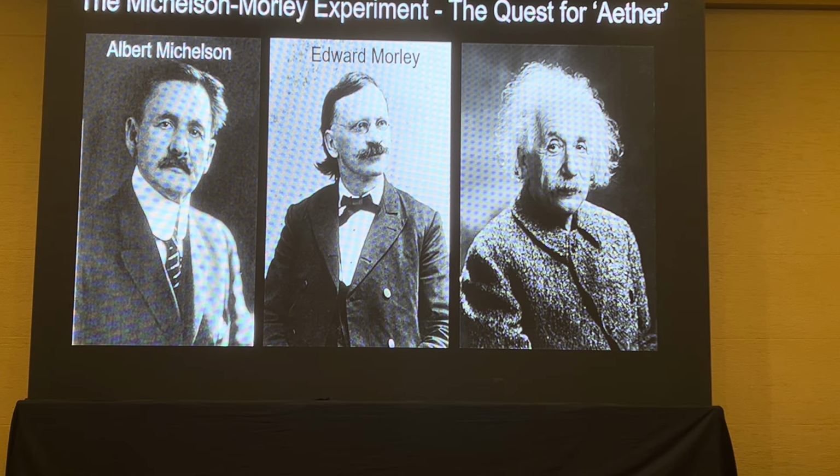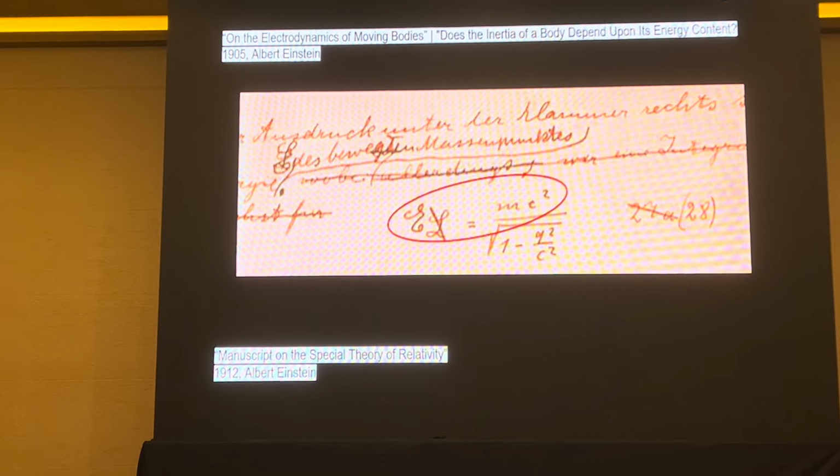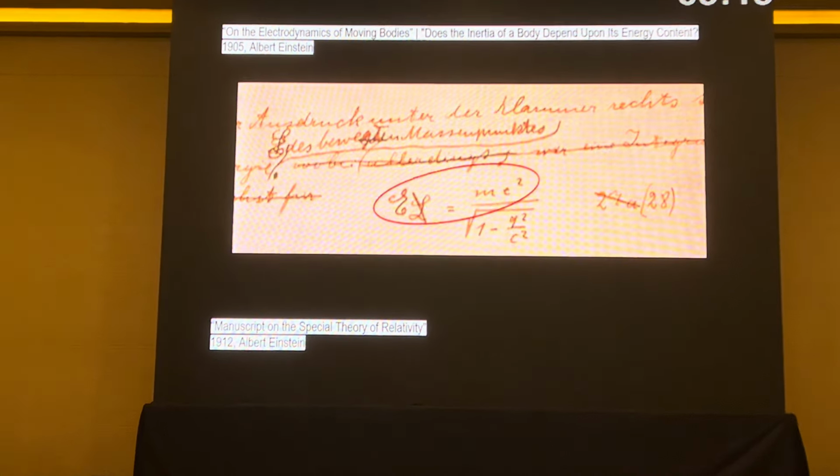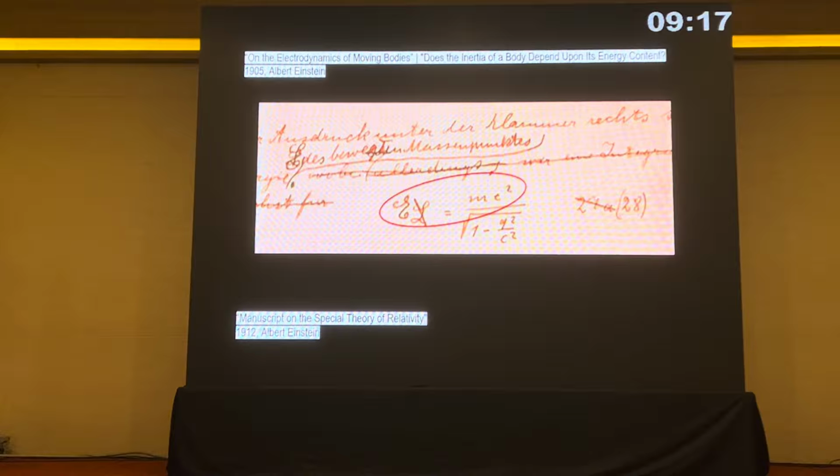However, the null result confirmed the beliefs of one of the most brilliant theoretical physicists. And with the ether out of his equation, Albert Einstein went ahead and proposed the special theory of relativity. And he gave us the most famous equation, E equals mc squared. So the crux of the point is that Michelson's interferometer has played a major role in changing the face of our lives in the modern era.